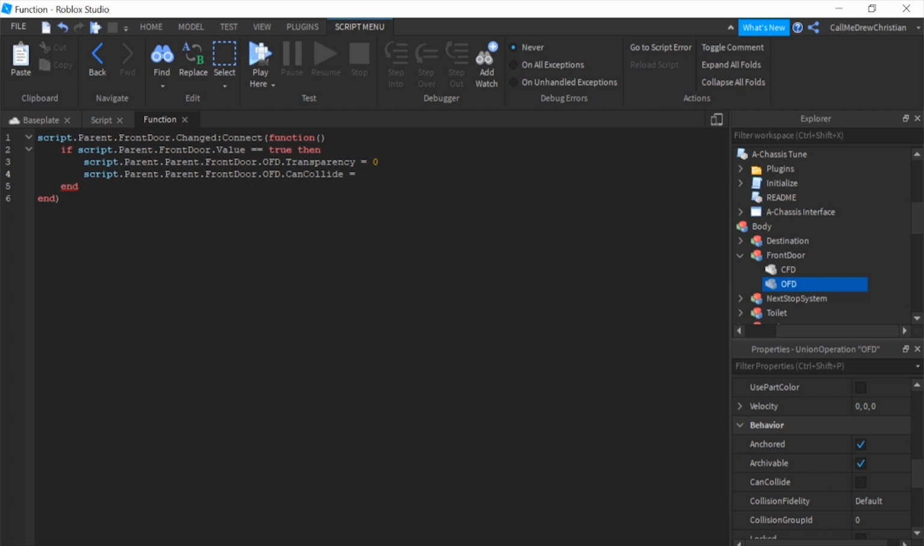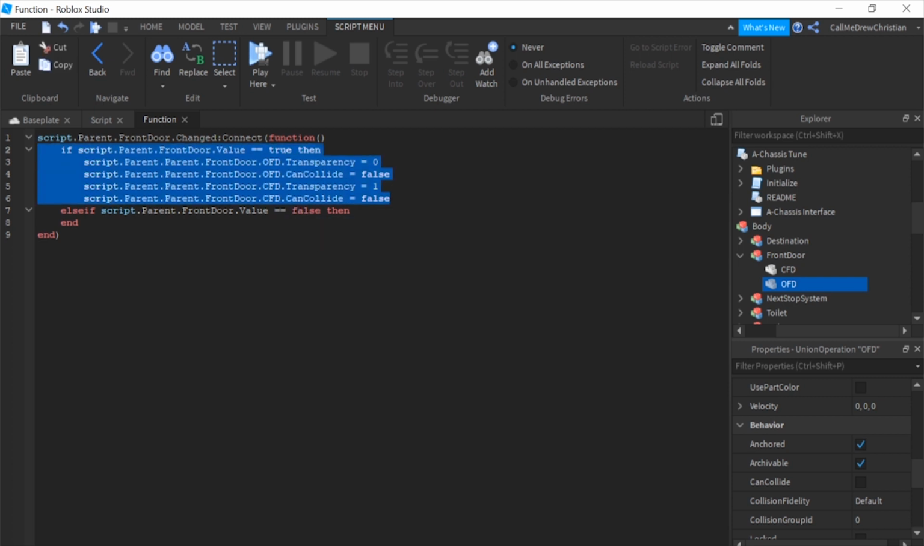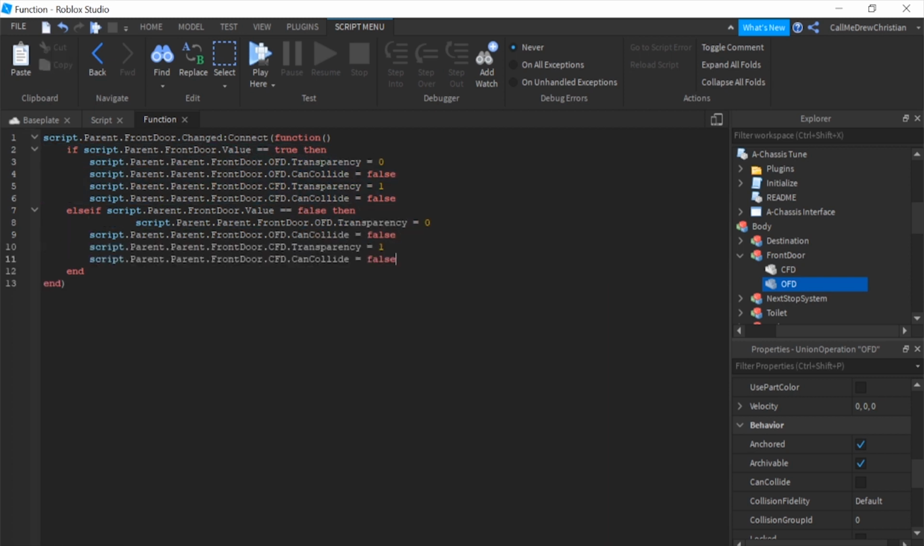Script.Parent.Parent.FrontDoor.OFD.CanCollide equals false. And then script.Parent.Parent.FrontDoor.CFD, which is the closed door, Transparency equals 1. Script.Parent.Parent.FrontDoor.CFD.CanCollide equals true, or false too. And then we're going to say else if, and then we're going to say that equals false. We're going to copy that, and we're just going to change that into